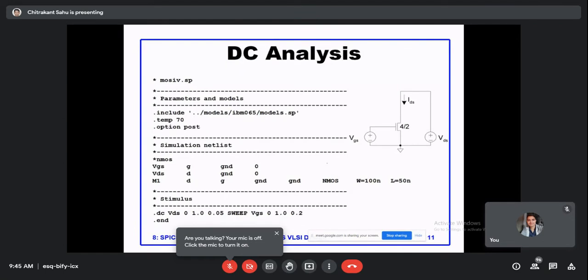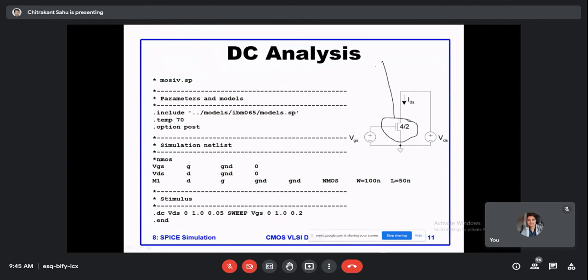Then I'll give one example of DC analysis and then we'll stop here. So DC, simple, this is the first experiment you have. Okay, when you come into the lab tomorrow, you'll have to do this experiment. Experiment 1 is simple, the IV analysis of a MOSFET. Very, very simple. So we'll take one MOSFET here. This is a MOSFET, an NMOS kind of architecture. Okay, NMOS.